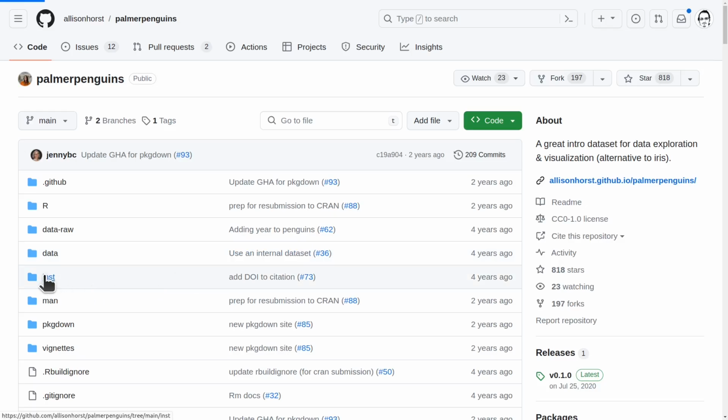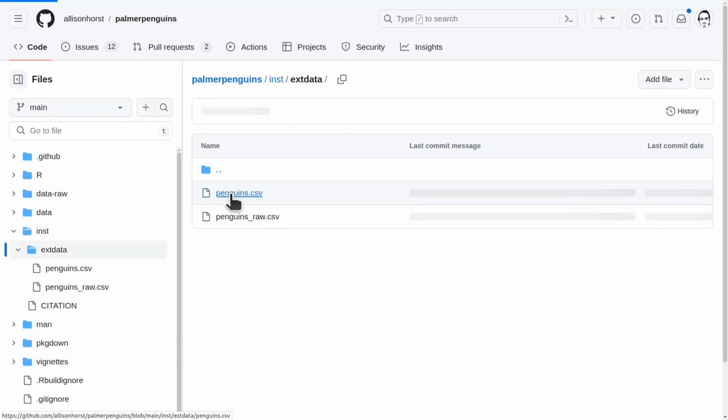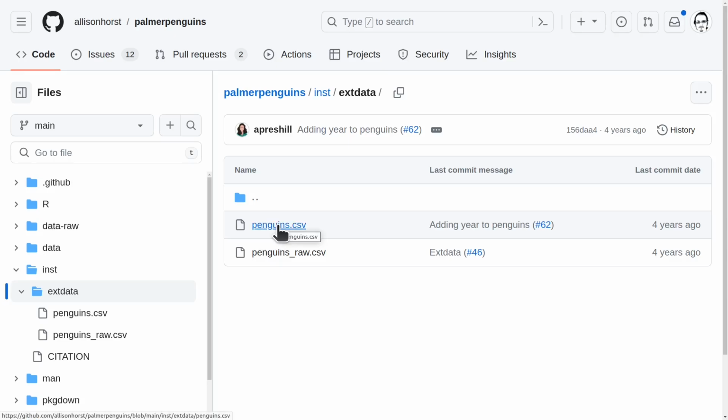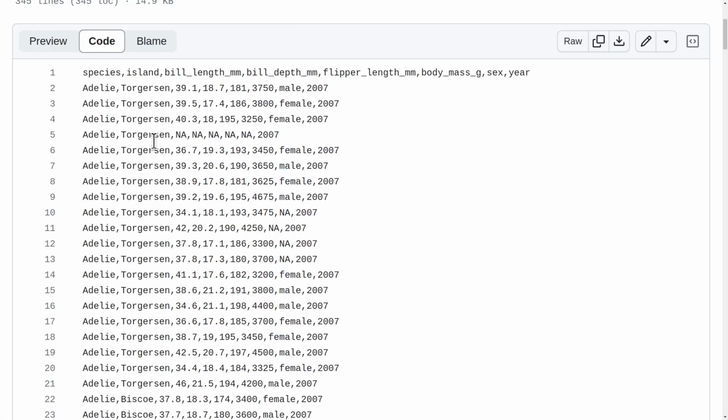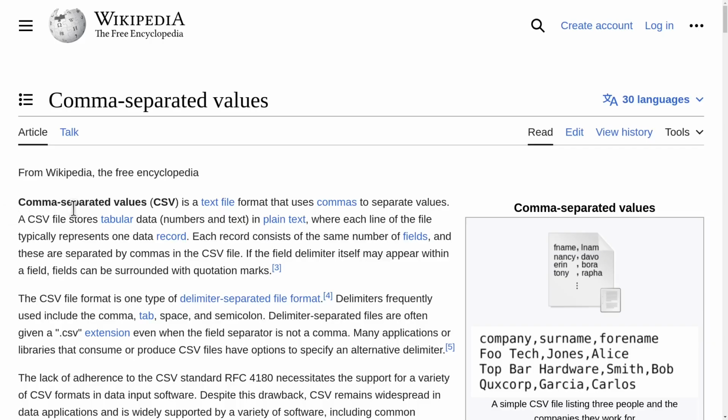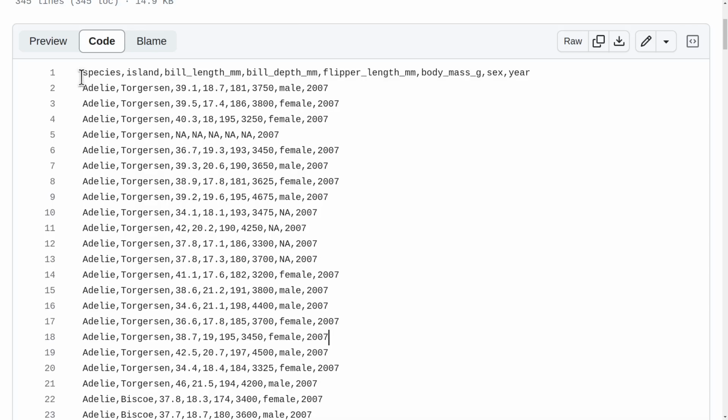Inside this GitHub repository, in a subfolder, there is this file, penguins.csv. It's a text file in CSV format. Comma-separated values is a text file format that uses commas to separate values. In its raw form, the first row is what's called the header row. This contains the column names, and the subsequent lines of this file contain the actual rows of data, and they